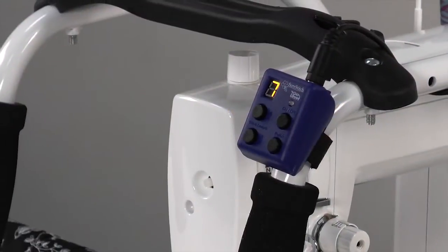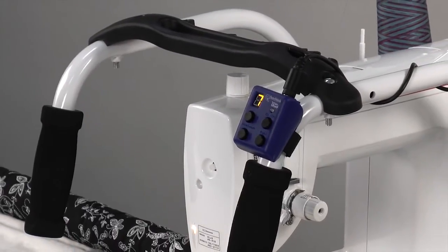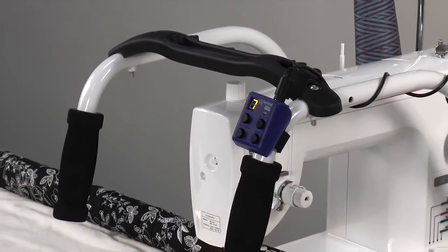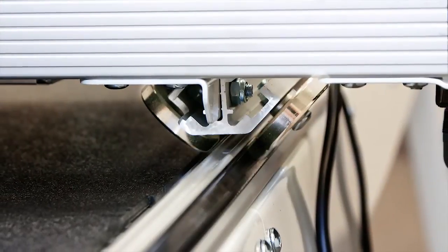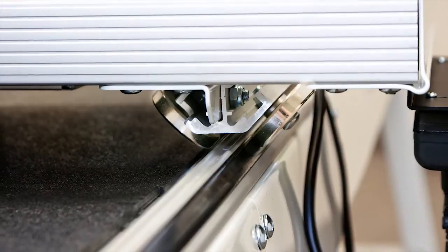This video will walk you through setting up the SureStitch Regulator to your quilting frame. This assembly process is for frames with a dual wheel track only. If your frame has a single wheel track, please see the SureStitch video for single wheel track frames. These videos and other resources can be found on our website at